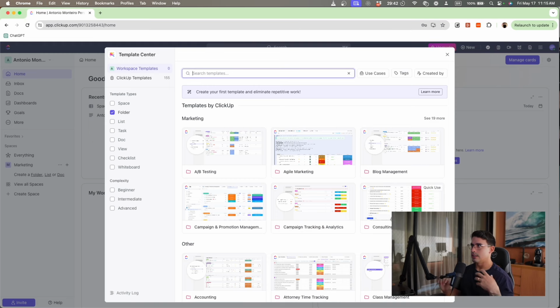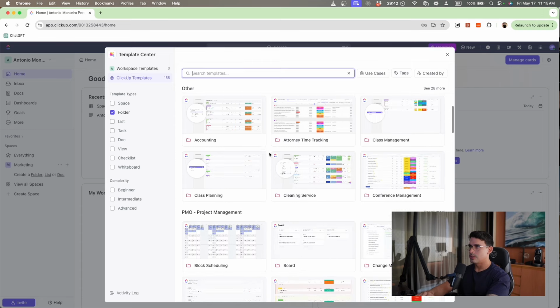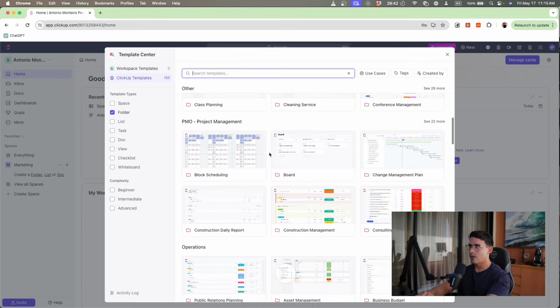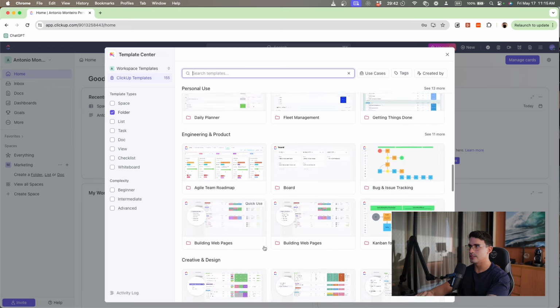Obviously, depending on how big your business is, you may not need all these folders. You can just put it all into one. But if you have a solid business and you're just looking to organize your brand to grow without you, this is basically showing you all the actual folders that you need to have in your business based on your